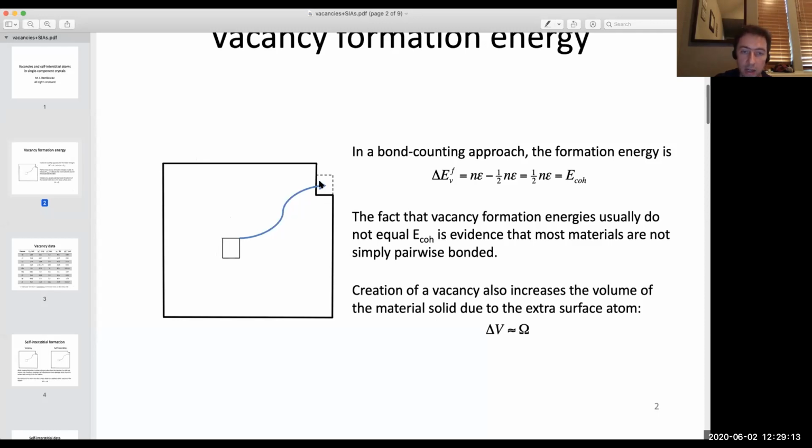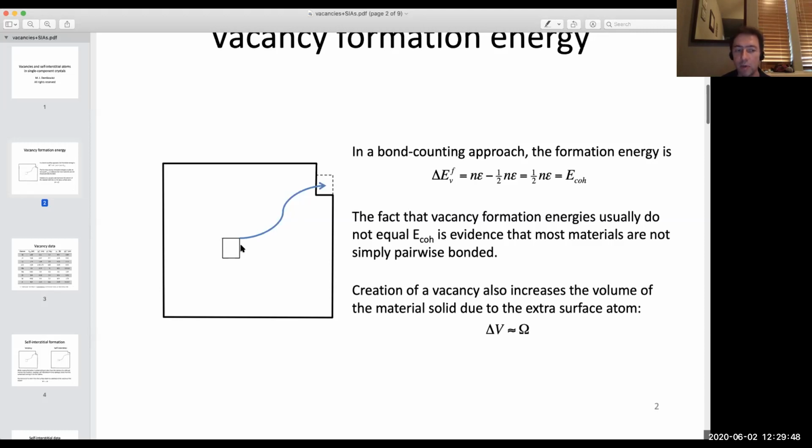It doesn't change, right? If I put an extra atom here, then these dashed lines become new surface area, but these solid lines are no longer surface area. And you can very easily see that the amount of surface area has not changed if I put an atom onto a kink on a surface. So the surface energy hasn't changed. The number of atoms hasn't changed. The only thing that's changed is that now I have a hole inside. And so if I compare the energy of the crystal before and after this operation, that gives me the vacancy formation energy.